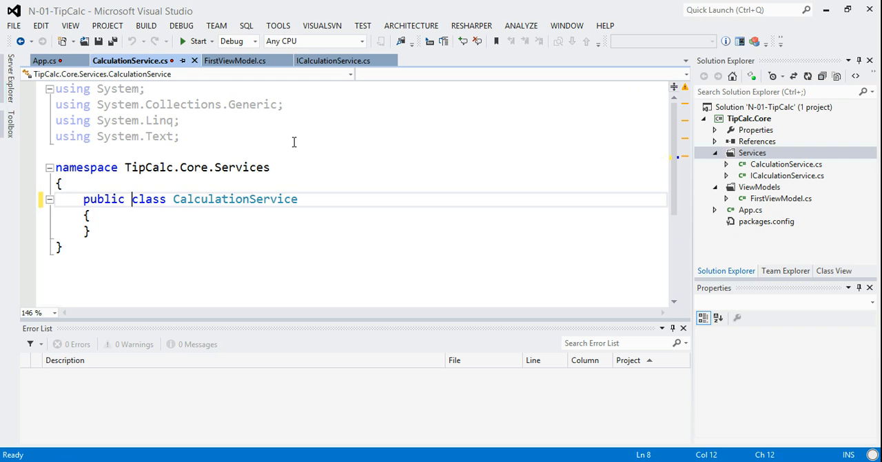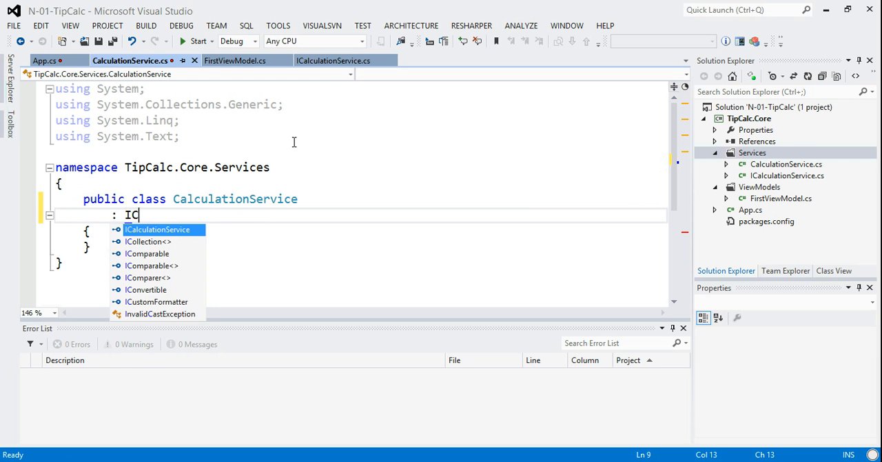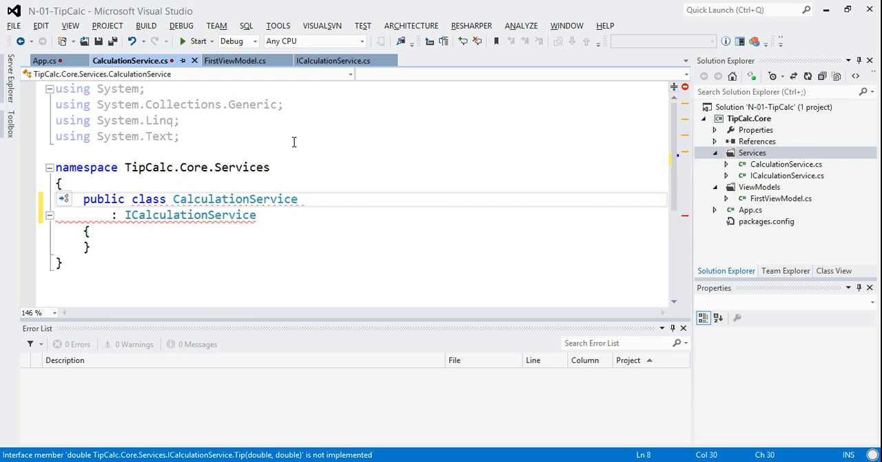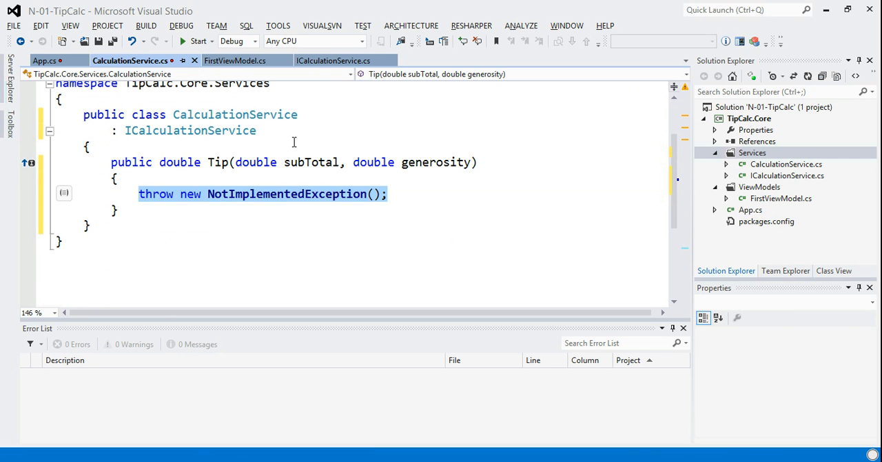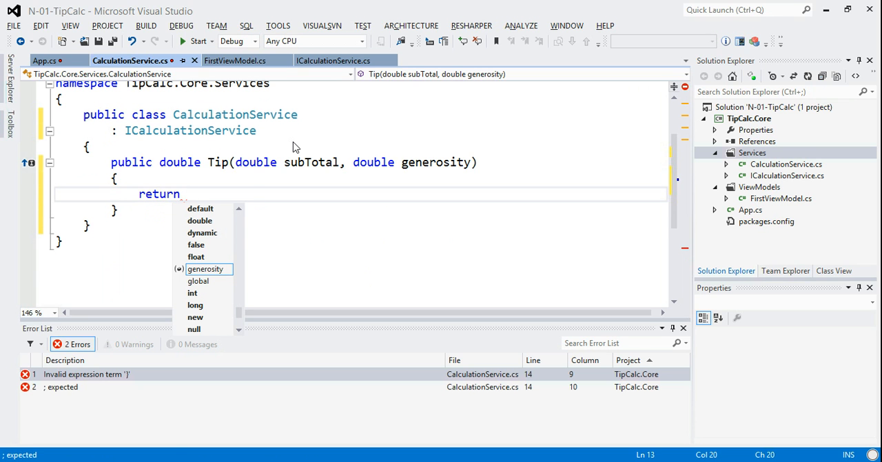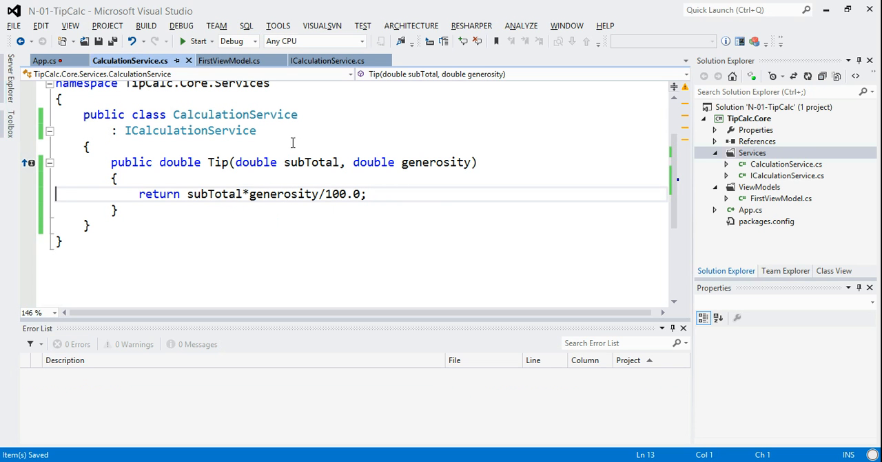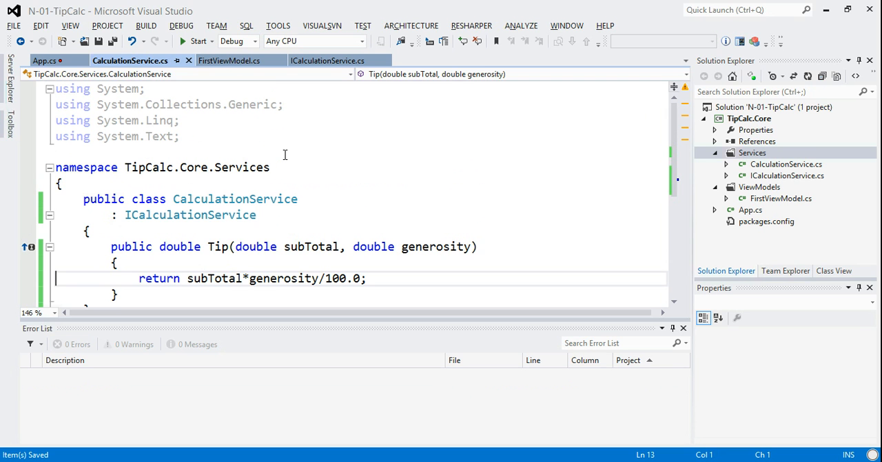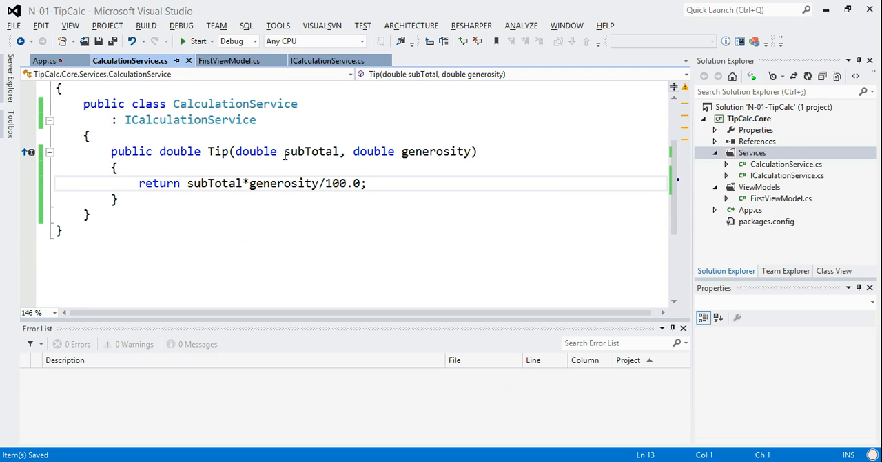So we do public class CalculationService, and we implement the interface. Let's implement it. And then what we'd like to do in here is actually return the tip. So let's return based on generosity being a number between 0 and 100. That's going to give us our percentage, as it were. So what we'll do is subtotal multiplied by generosity divided by 100.0. And that's our calculation. Now obviously normally you would have a much more complicated calculation than that, but for now